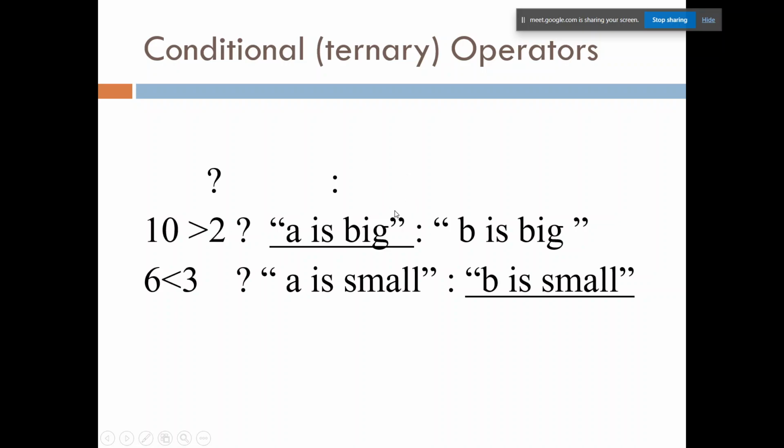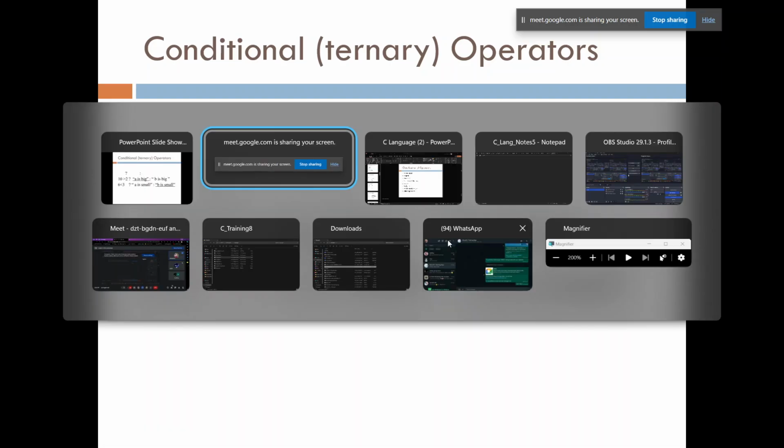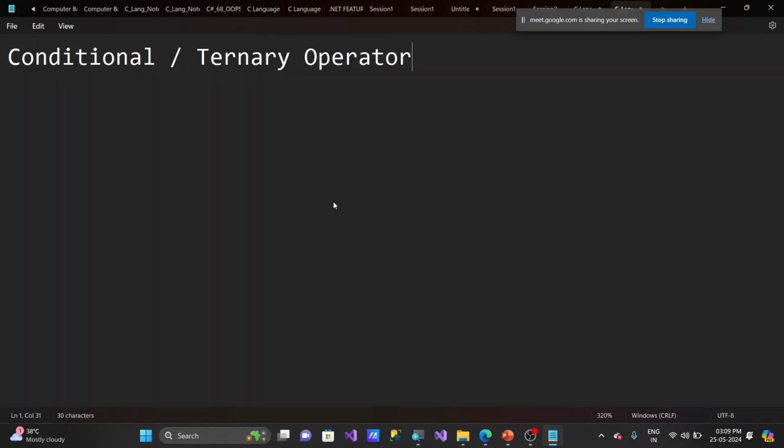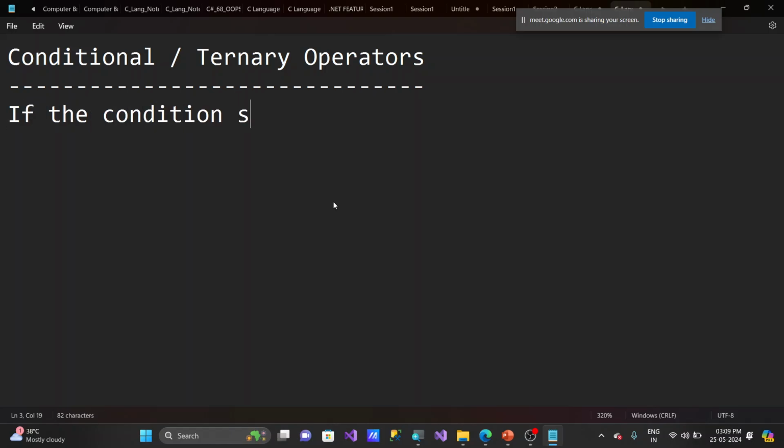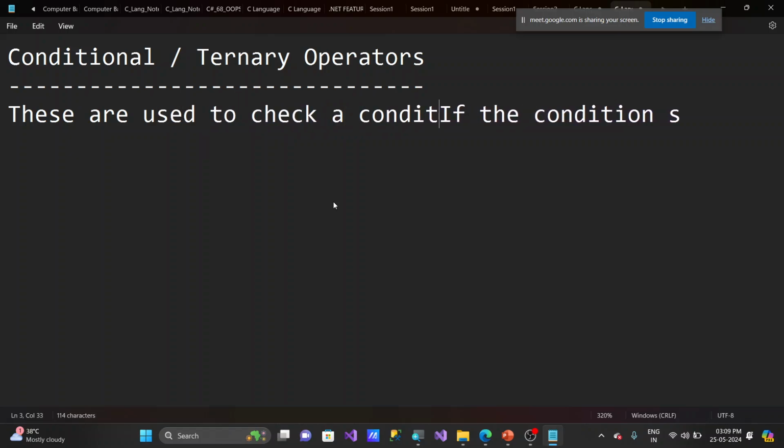So now we are talking about something called conditional or ternary operators, guys. Let's see what it is. Conditional or ternary operators are used for checking a condition. What is the purpose of conditional or ternary operators? These are used to check a condition and then execute something